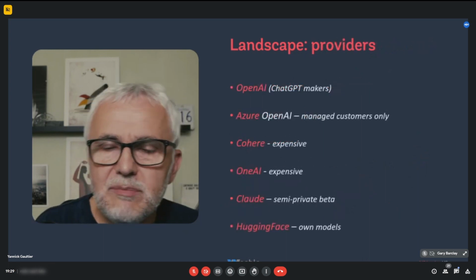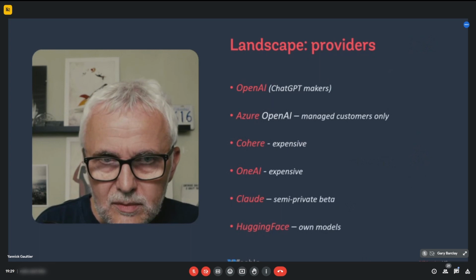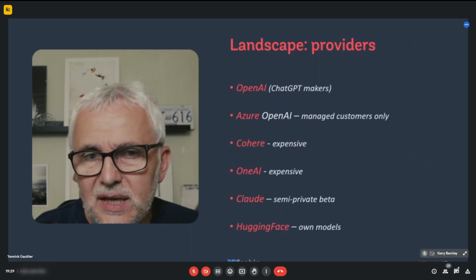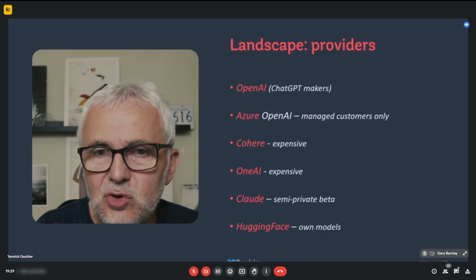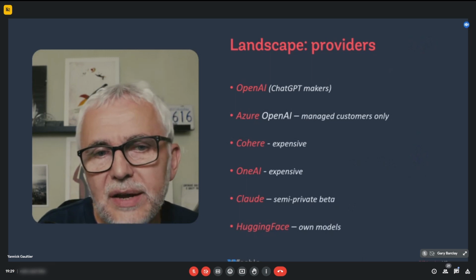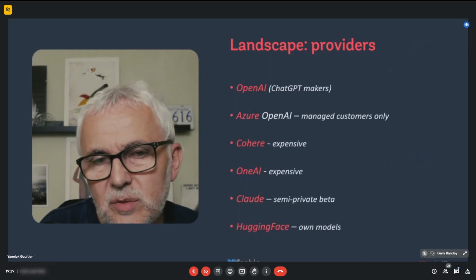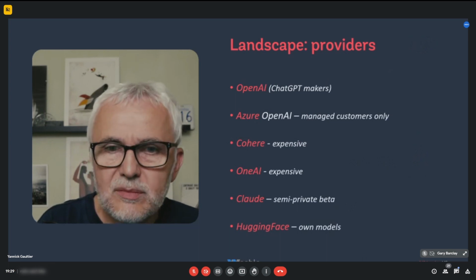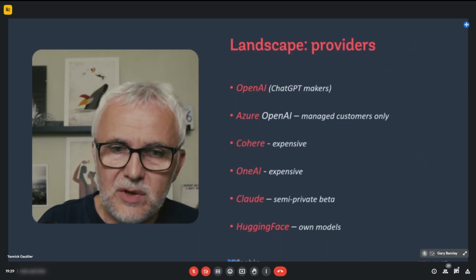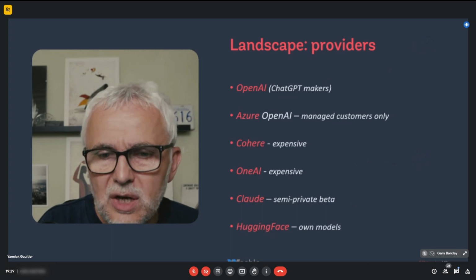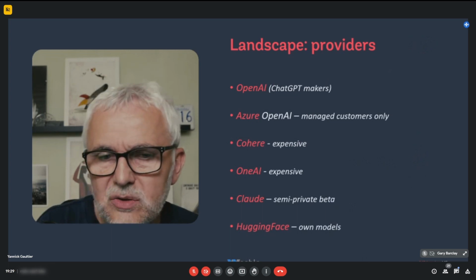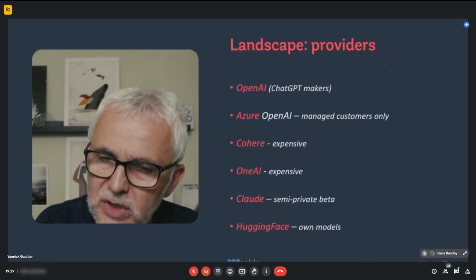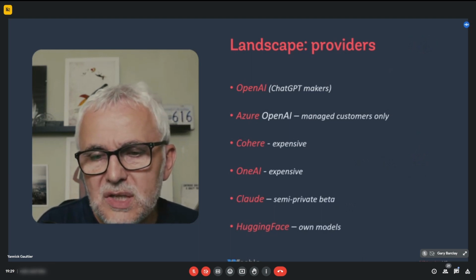Very quickly, the landscape. The providers of AI API tools that we can use to build things using AI are what you see here. The most famous are OpenAI, Azure for Microsoft, which uses OpenAI, Cohere, OneAI, Claude, Hugging Face. Hugging Face is interesting. They have open source models, and they offer you to run these.